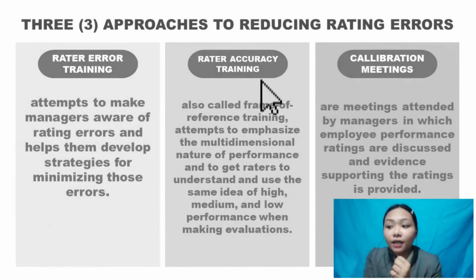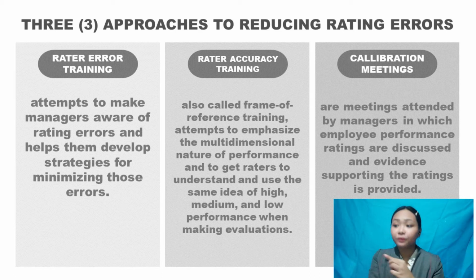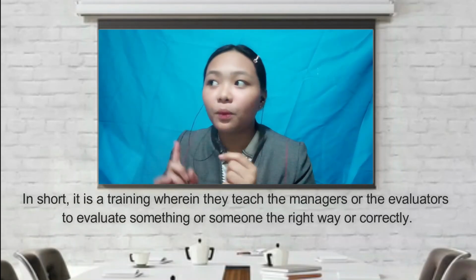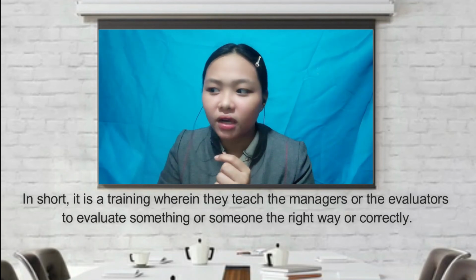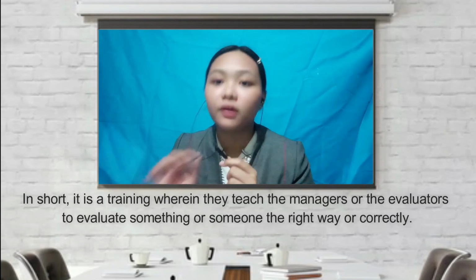Next one, rater accuracy training. This is also called frame of reference training, wherein it attempts to emphasize the multidimensional nature of performance and to get raters to understand and use the same idea of high, medium, and low performance when making evaluations. So in short, it is a training wherein they teach the managers or the evaluators to evaluate something or someone the right way,